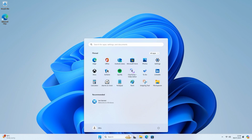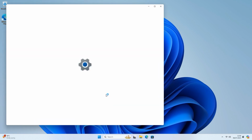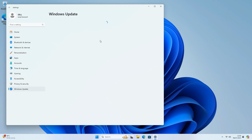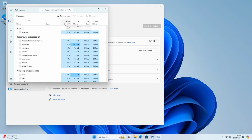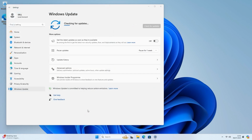So that's all populated now for a start, but let's go back to Windows Update again. Relentless updating. So I'm going to check for updates again. And I'm going to right click and then do Task Manager, just to see what's going on. So the CPU is getting a bit of a battering, although it peaks. So disk 50%, so it's doing it. Yeah, okay, so let's have a look at